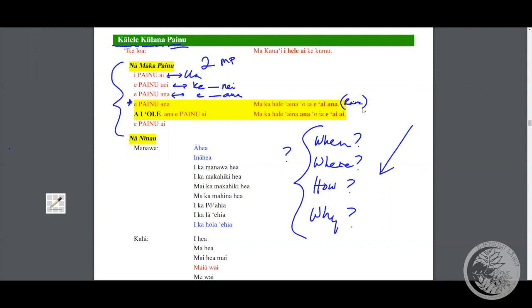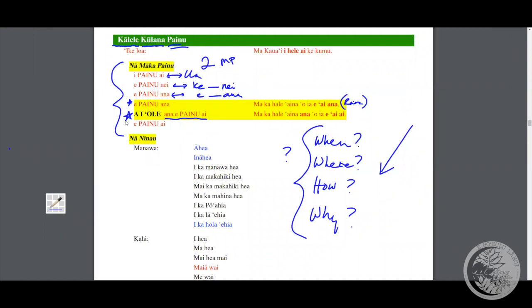That generally when you use a Kālele Kūlana for future, we generally do not use this one many times, and for me, I would actually say we should use this one here. So anytime you're talking about the future, will be occurring in a sense,